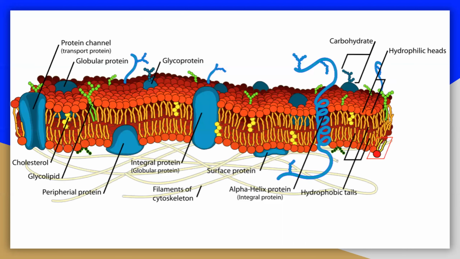The fluid mosaic model of the cell membrane is how scientists describe what the cell membrane looks like and how it functions, because it is made up of a bunch of different molecules that are distributed across the membrane. If you were to zoom in on the cell membrane, you would see a pattern of different types of molecules put together. It may seem like the human body is made up of a chaotic mix of random parts, but